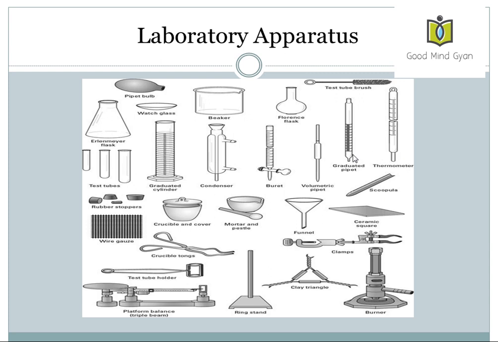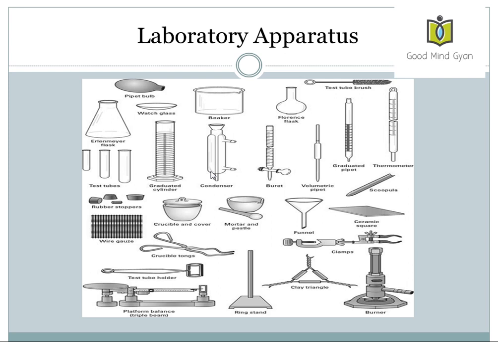You have a graduated pipette. The role of the pipette is it is a long narrow tube and it is provided with a nozzle at one end and a bulb in the middle. There is a circular mark also, and it is used for measuring a fixed volume of liquid chemicals and then transferring it into another vessel. You have a volumetric pipette as well. Then you have a burette for titration.